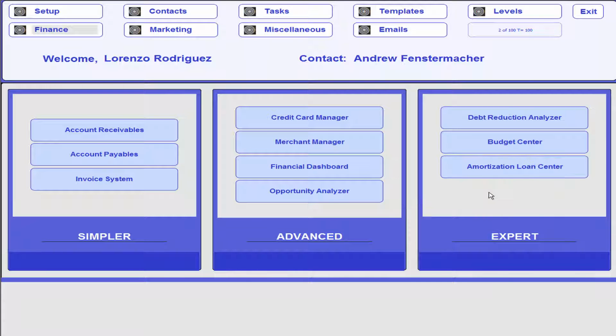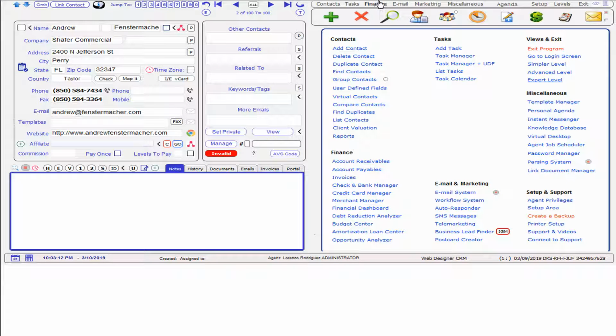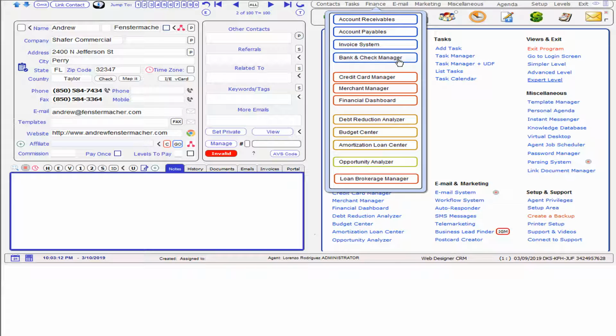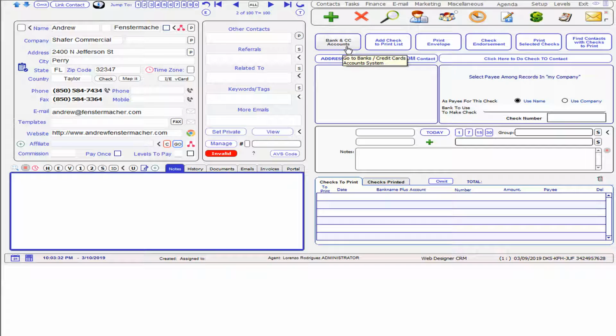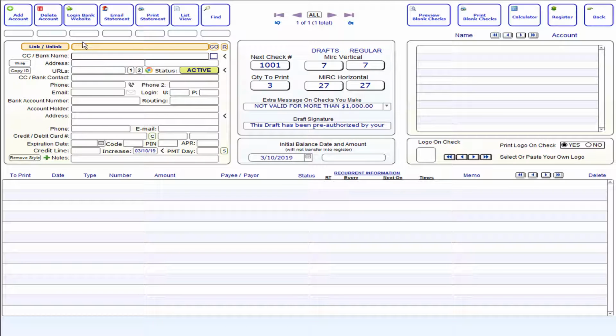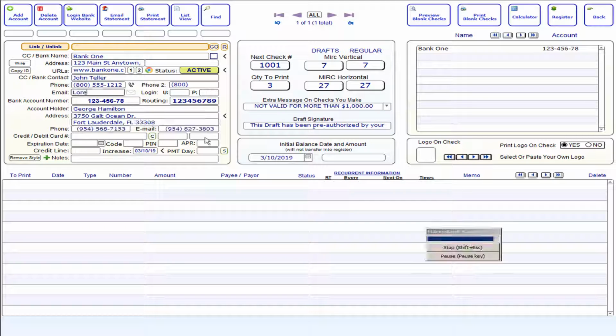just to see the banks and the finance here. Well, we have a menu also, but here we can see the bank and check manager, and essentially from here you can print checks to someone, from someone, or to someone. And control all those checks, and then potentially go to the banks area here, and here you can control unlimited bank accounts and credit card accounts, etc. So I entered one here, but you can enter